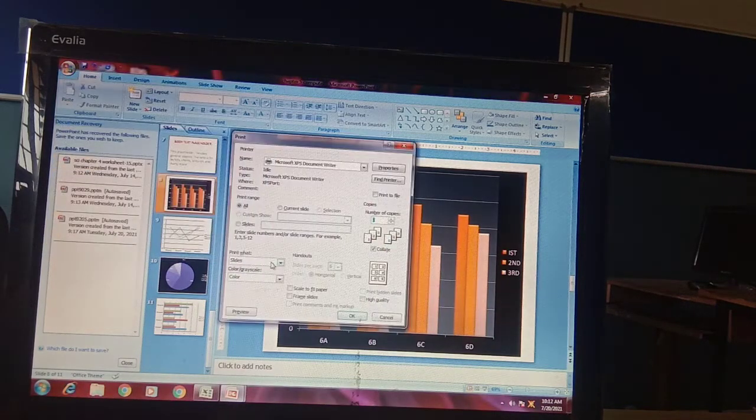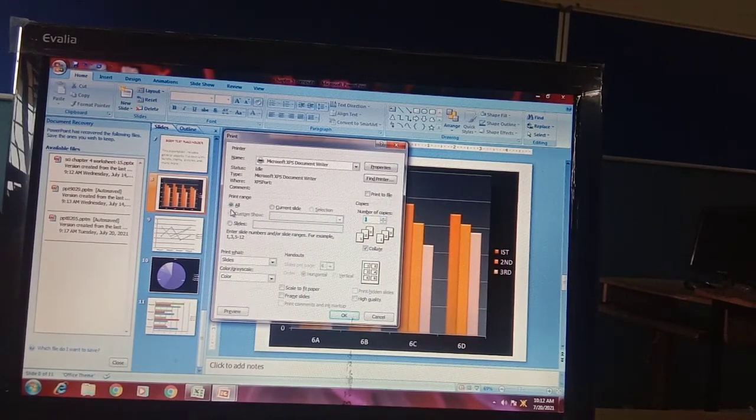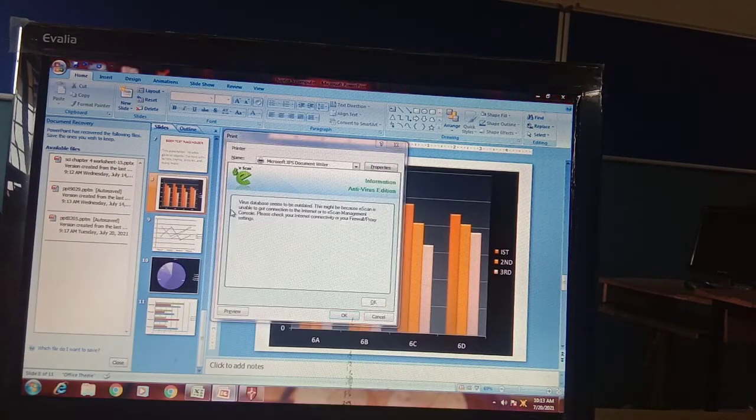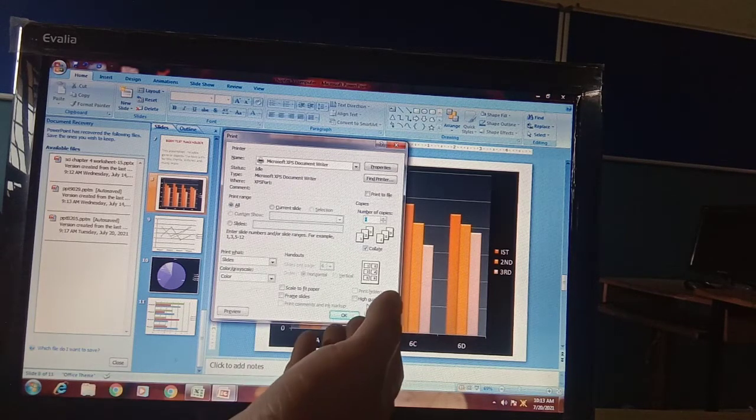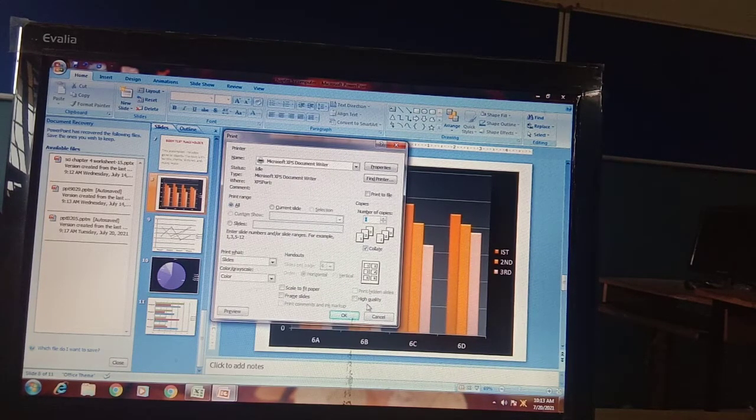As we click on the print option, if you want to print the whole document, then there is no need to do anything, just all is selected by default. You need to click on the all only. Okay, and then you have to click on the OK. But if you want to print one slide only, a single slide, so just go to that slide and just click on the current slide. Or either you can print a part of it also.